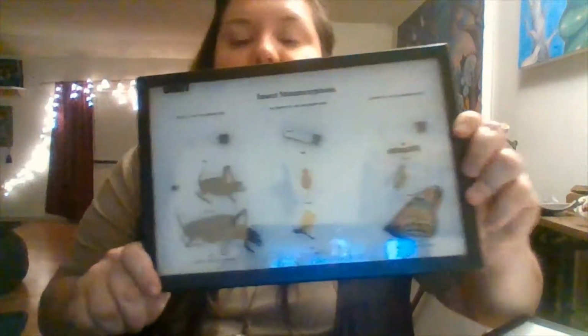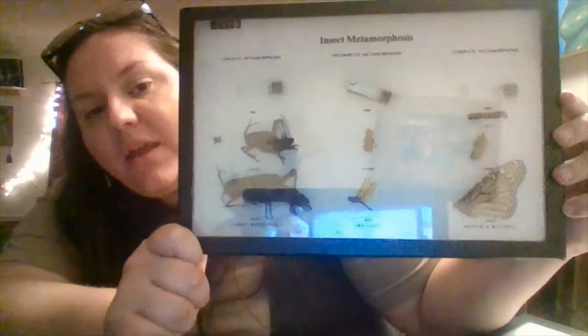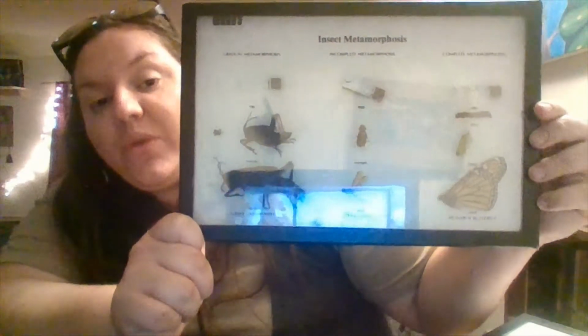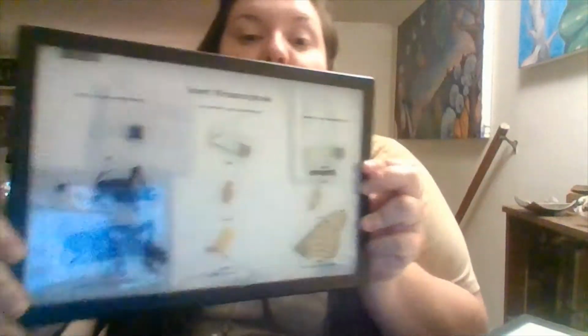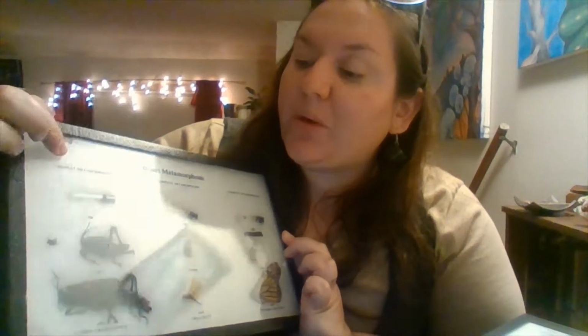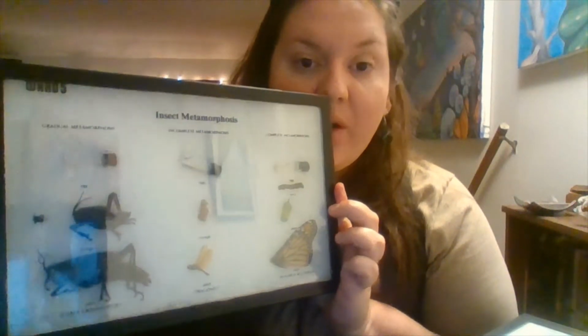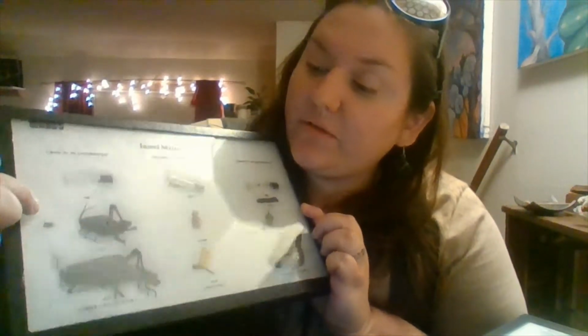Talk about is insect life cycles and metamorphosis. So here's some examples of different insect life cycles. And insects tend to follow one of three different types of life cycles, or one of three different types of metamorphosis. So you have something like this called gradual metamorphosis, which is basically what a grasshopper does, where the juvenile,